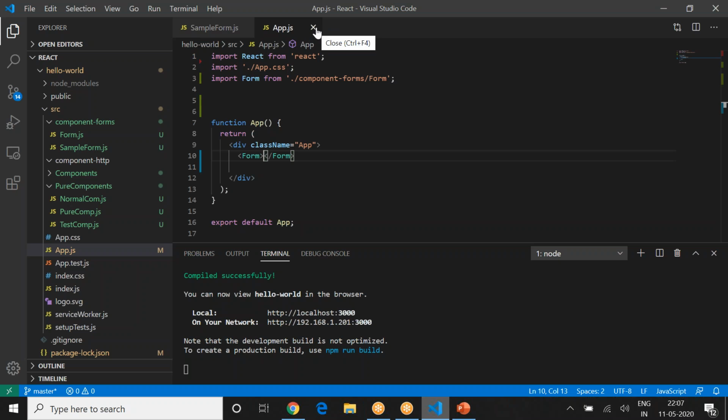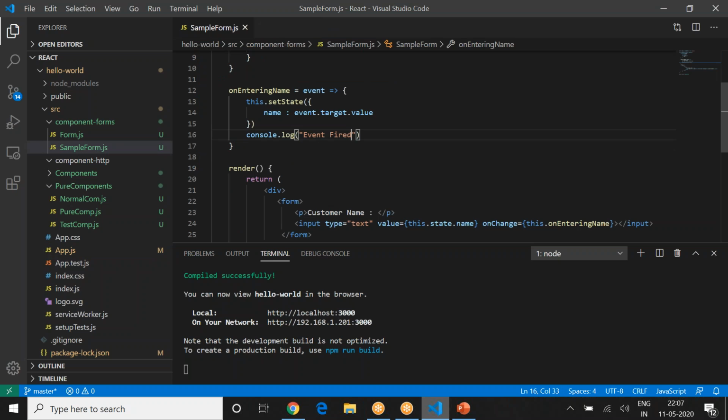Now, what about an HTTP request? Can I actually send something? On submit, I'm not asking for any HTTP request to send any data or receive any data. Remember that React does not have a capability to do that. React will not have anything built in related to HTTP. Rather, React doesn't even know that there is an HTTP server which is serving any kind of stuff or JSON for you.